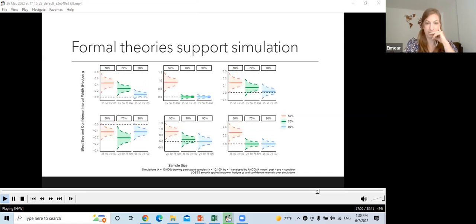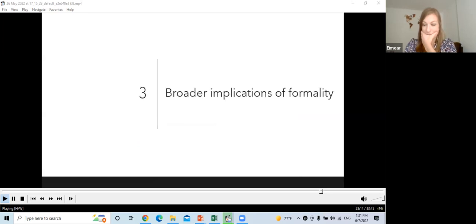And for those of you who prefer estimation and precision of estimation of parameters, we could simulate it to also look at confidence interval width for the effects that are being estimated across a range of sample sizes. Anyway, I'm quickly running out of time, so let's move on then to what this all really means.